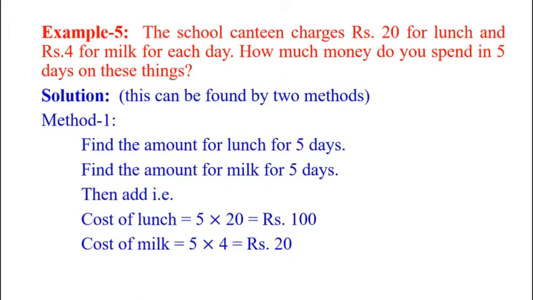Then per day the charge for milk is rupees 4. So for 5 days the total cost is 5 into 4, that is rupees 20. Then we add: total cost is equal to rupees 100 plus 20, that is equal to 120 rupees. We can find this solution in another way also. Method 2,